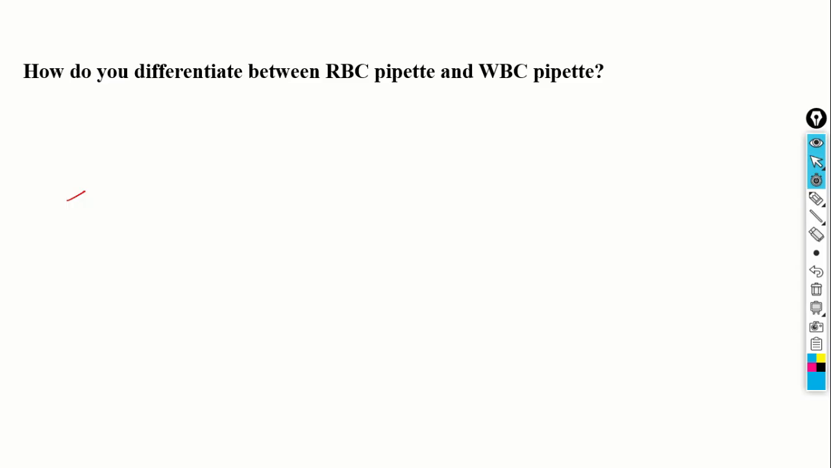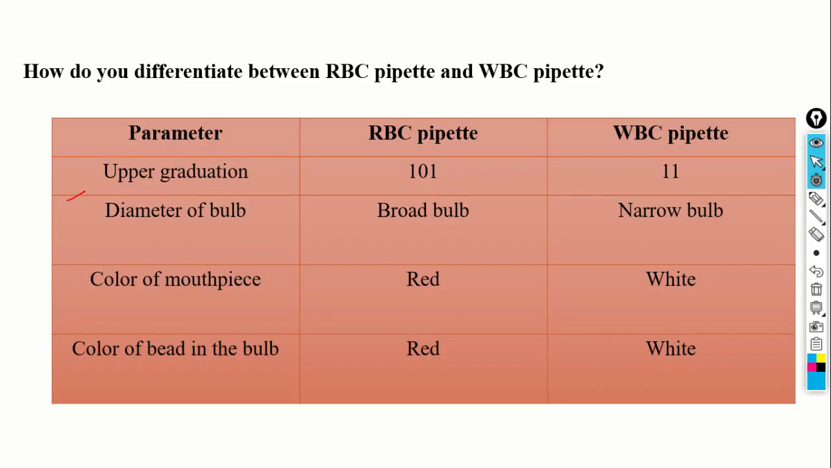So how do you differentiate between RBC pipette and WBC pipette? That's the most important question you can expect during your viva. So the RBC pipette has a red mouthpiece, and the bead inside the bulb is red, and you can see the diameter of the bulb is broader compared to the WBC pipette,